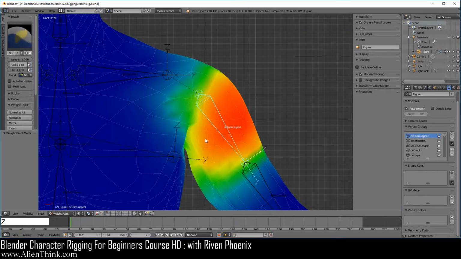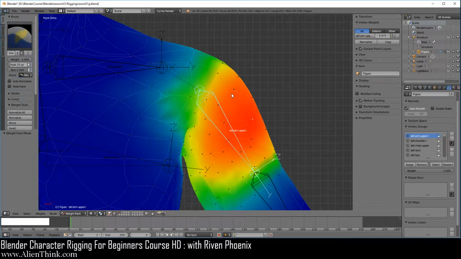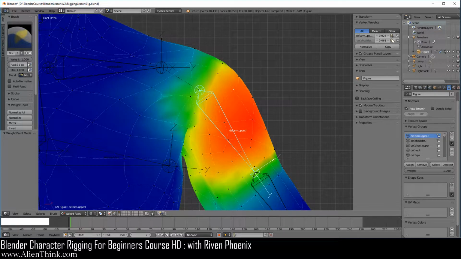Now press the Z key to go back into wireframe. Now if you want access to those buttons, basically treat weight paint like you are in edit mode where you want to work with individual vertices, then you can come in over here and click on this button. Now when you do that, just remember that because this is working like edit mode, you're not going to be able to select a bone. So if you right click over here on this bone, you cannot select it. But what you can do is simply click on these vertices. You can start to see the same information over here, right?